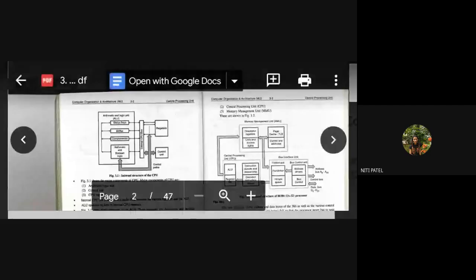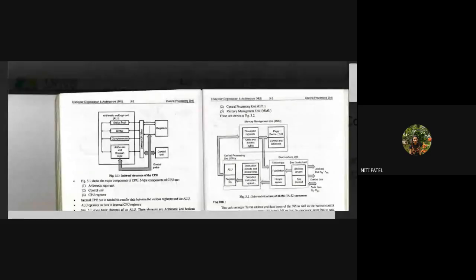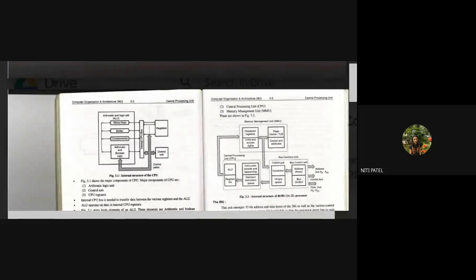It is this bottom part, arithmetic and Boolean logic. All those arithmetic and logical operations will be performed by the bottom part, which is arithmetic and Boolean logic. Now, if my program or my instructions are some kind of shift instructions, who is going to perform that shift? It will be performed by the shifter inside the ALU.